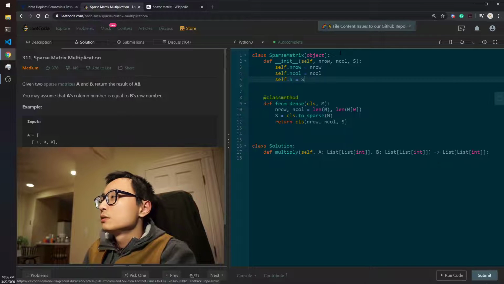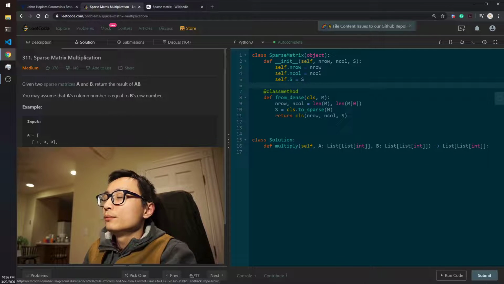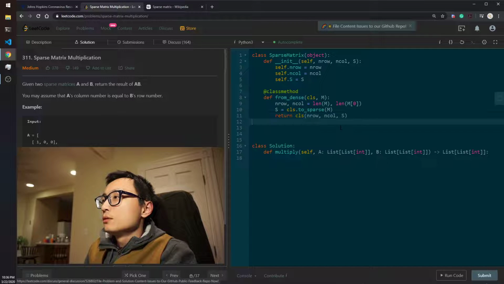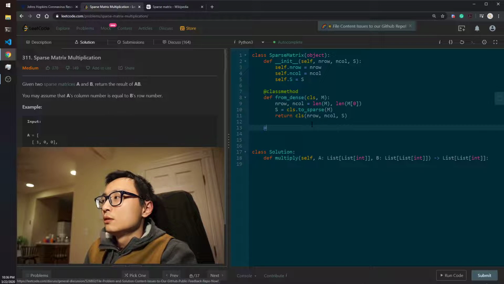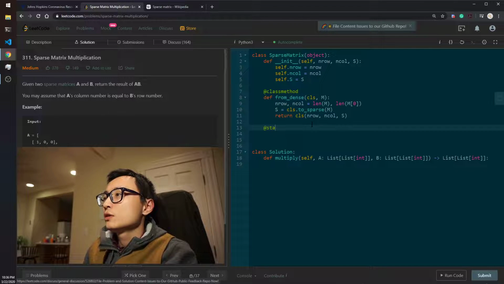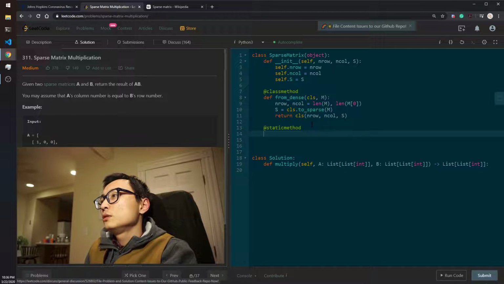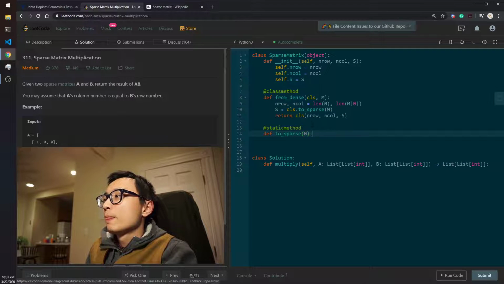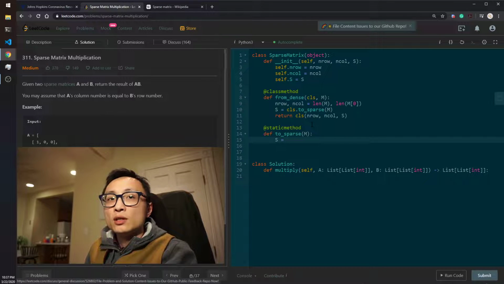S equal to S, just for consistency. So then we need to code this method. This will be a static method, to_sparse, which takes in a dense matrix M, and we're using a dictionary of keys implementation of sparse matrix,